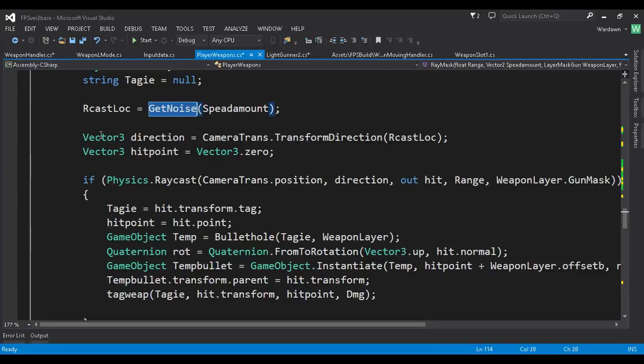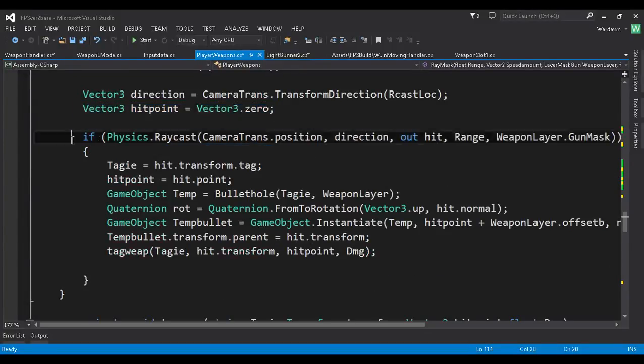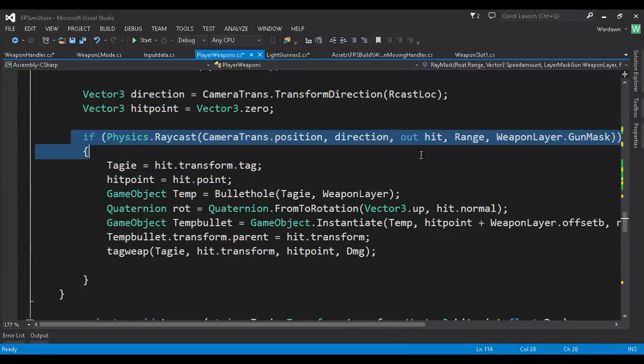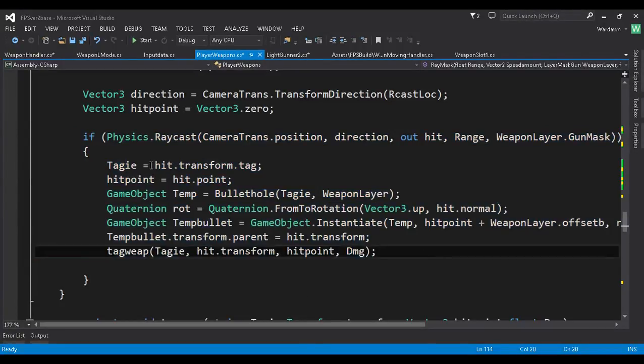That's all we need. So we got our directions and stuff. Our hit points. Our raycast stuff, which, you know, is just a basic physics raycasting. It's not that big of a deal. We do all the stuff here, you know, hit, dot, point, dot, blah, blah, bullet hole. We pass it a string and the layers, well, the layer container thing, because it contains, you know, our game object stuff,